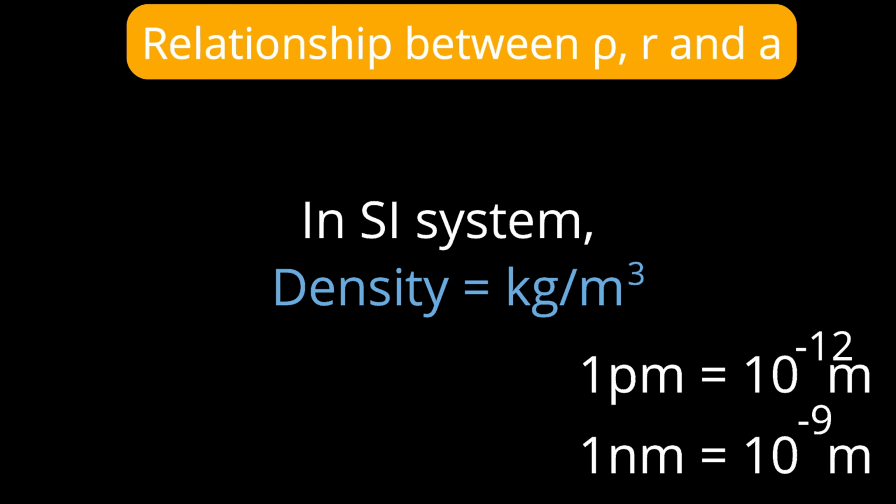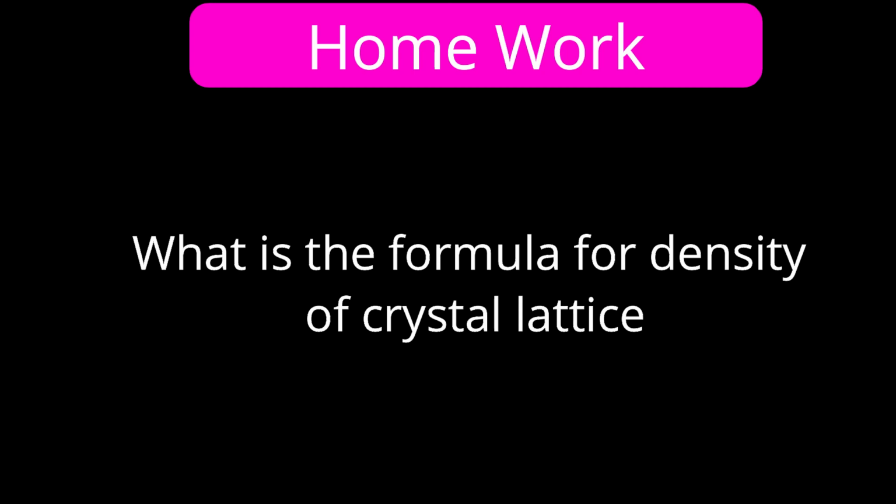So, the derivation for the relationship among all: first we found the relationship between density and unit cell constant, and later on we expressed a relation between unit cell parameter and radius. Combining both, we can get the values of the quantity asked in the examination numerical. Many numericals are possible on this point. If the concept is clear and you follow the conversion of units properly, then you can attempt the numericals very effectively.